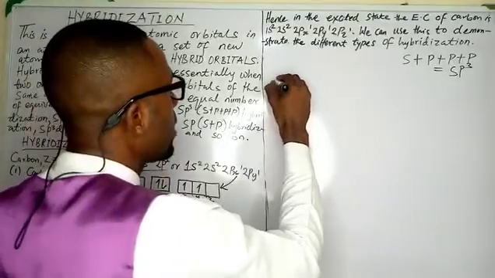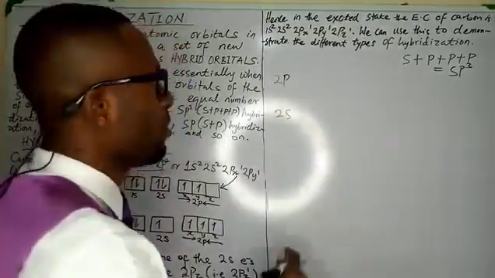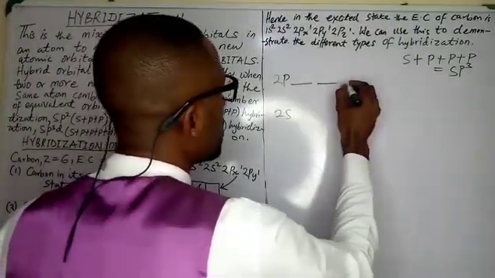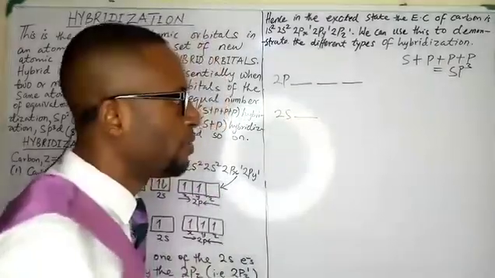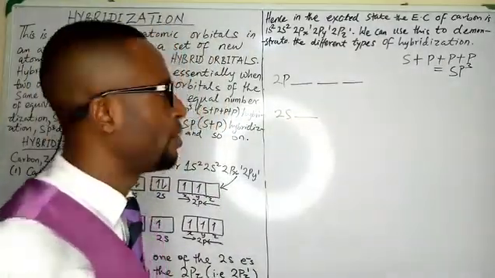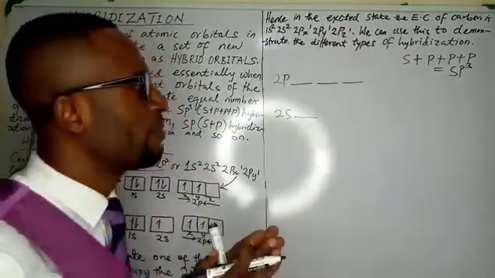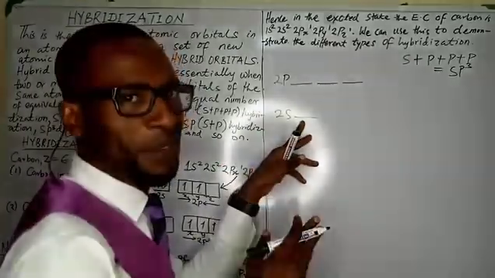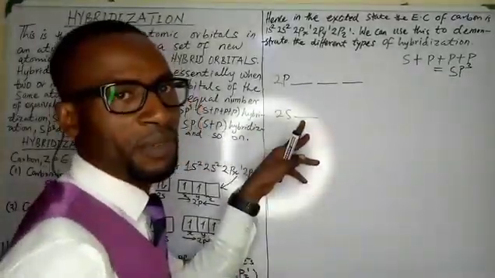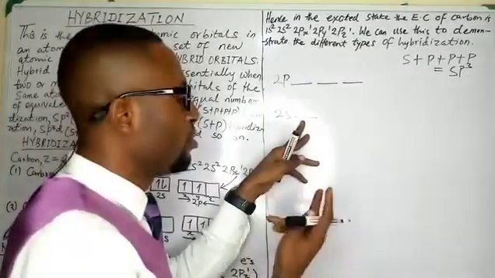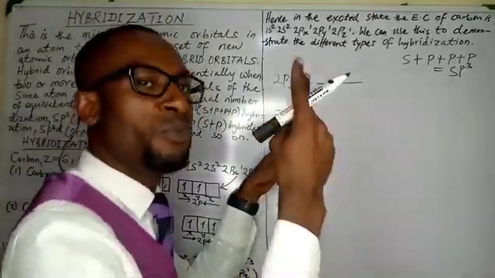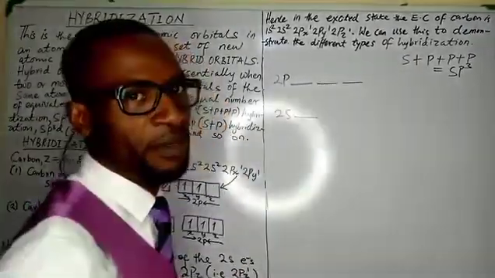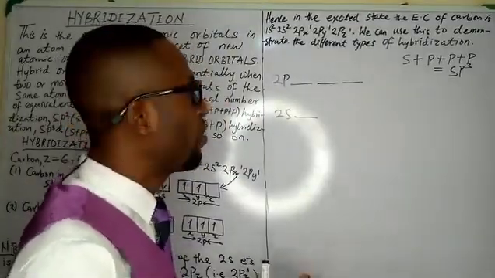All right, so back here we have our 2p. Beautiful. Remember, we are mixing one s orbital with 3p orbitals. We are going to make sp3 hybrid orbitals. Again, just like I said in my last lecture, if you are mixing 4 orbitals, you are going to make 4 hybrid orbitals. If you are mixing 2 atomic orbitals, you are going to make 2 hybrid orbitals. Why? Because the number of orbitals is conserved.